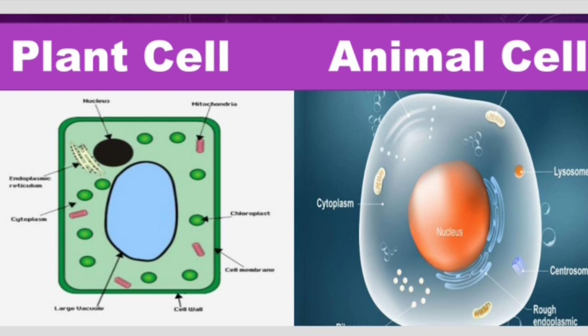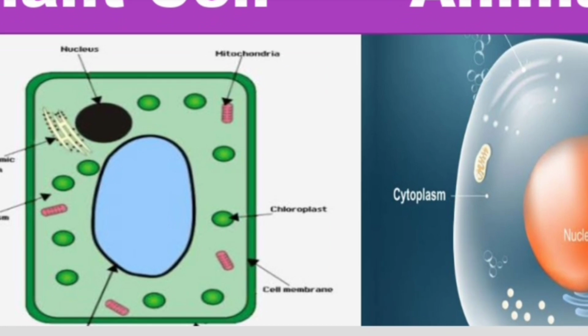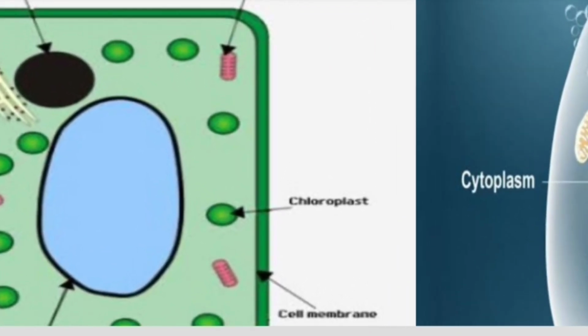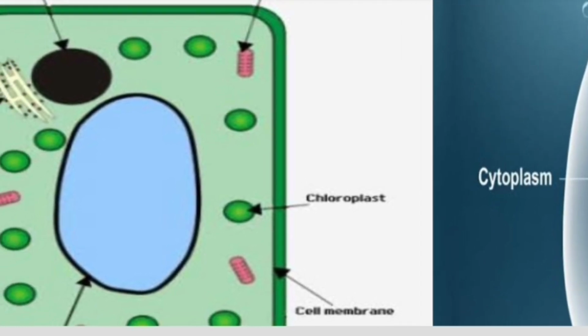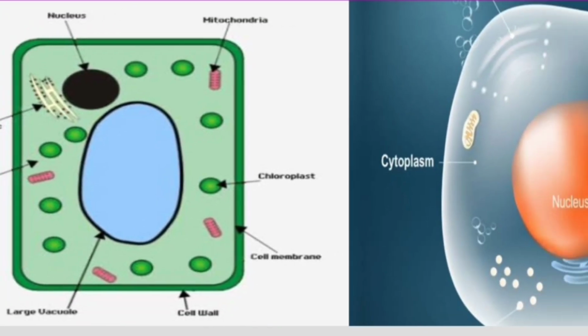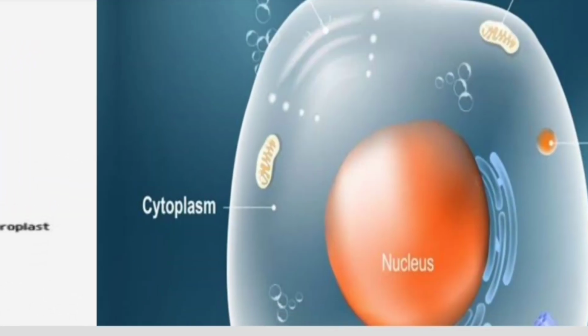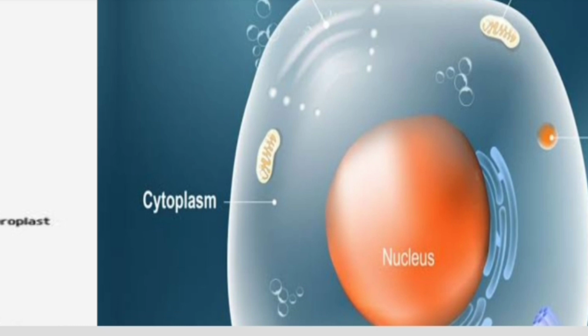So here you can see a plant cell and an animal cell, right? If I zoom in on the plant one, can you see here? It has a double membrane layer at the outside, at the boundary. The outer layer is known as the cell wall and the inner layer is known as the cell membrane or plasma membrane. Whereas if I look clearly at the animal cell, you can see it has only one layer, and that is known as the cell membrane. It does not have any cell wall.